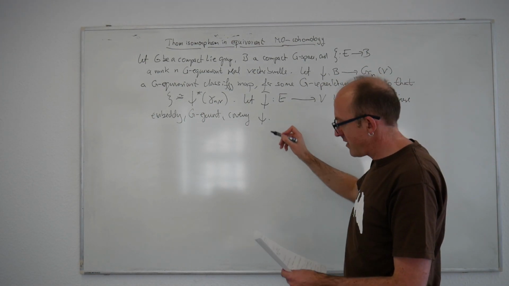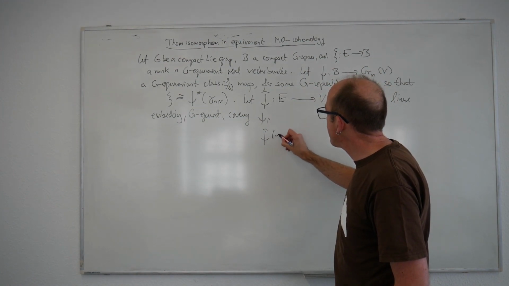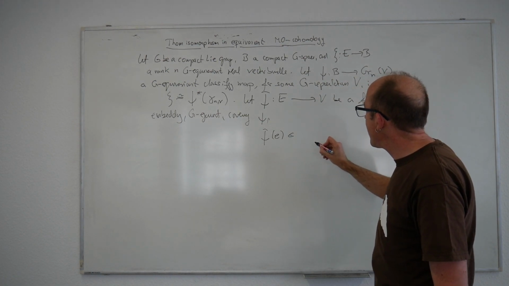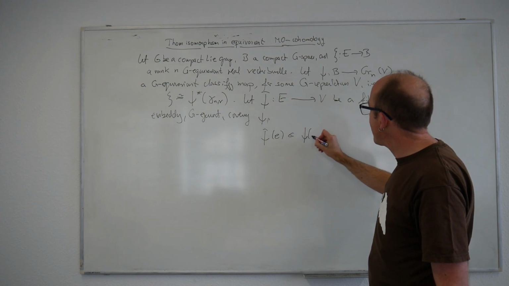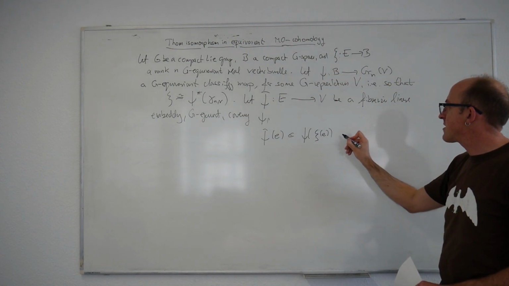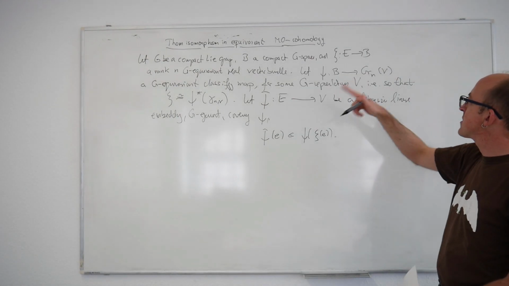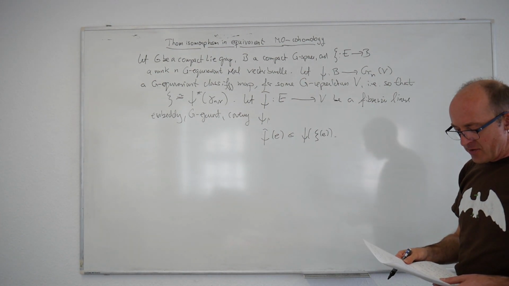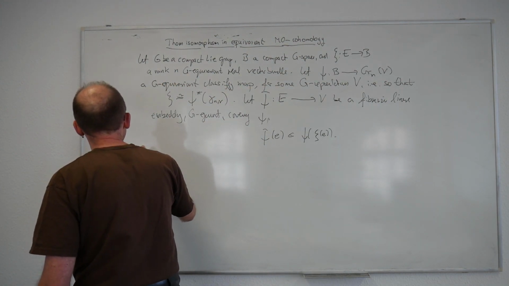Altogether it's a G-map, and this covering condition means that if I take this lift ψ bar applied to a point in the total space, this will be a vector in V. This has to lie in the subspace singled out by the classifying map ψ if I apply this to the point in the base where I project down the vector. So this data we can always find, and it's unique up to homotopy after possibly stabilizing, going to some larger representation.